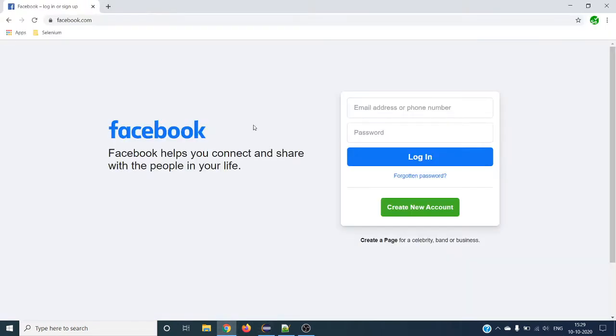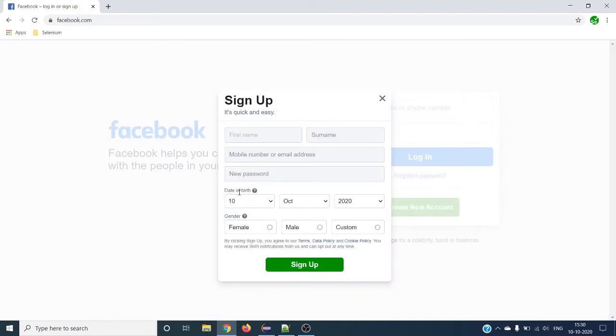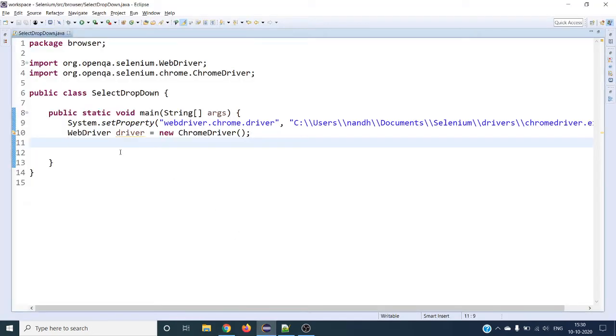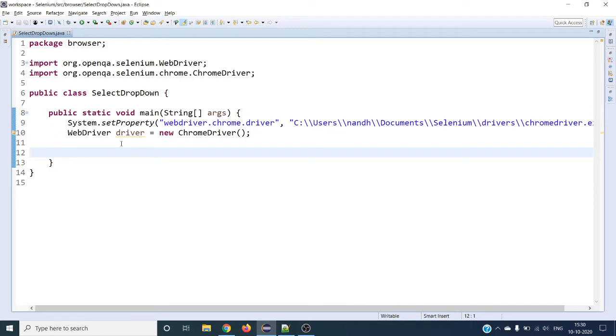So we'll take the Facebook sign up page as an example, say date of birth. These three drop down values we are going to see how we can handle. The first one will be date, second one will be month, and third one will be year, right? The Select class we have to first declare. But before that, let's get started with